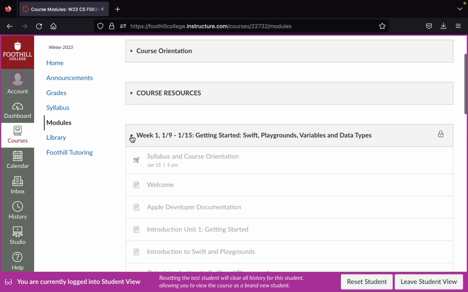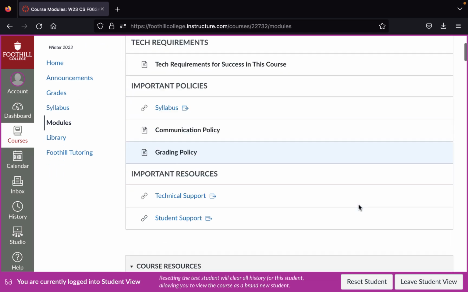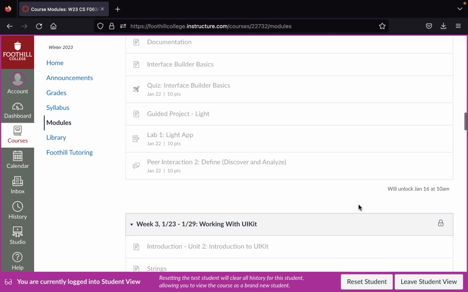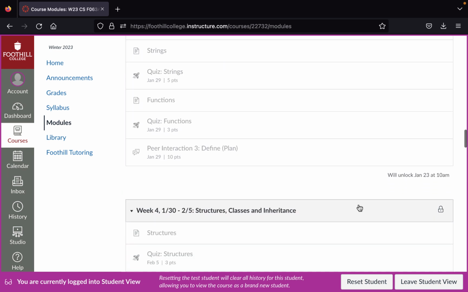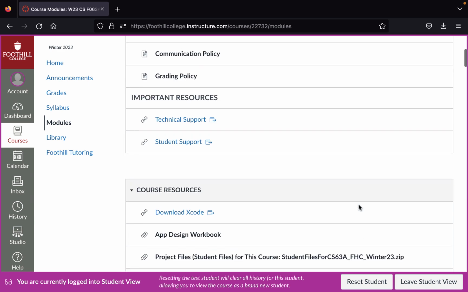As an alternative, you can expand all of the modules by clicking the top right hand corner, expand all button, and then everything will be expanded out so you can see. So that's our course feed. That's how you navigate your way around Canvas to find the curriculum.